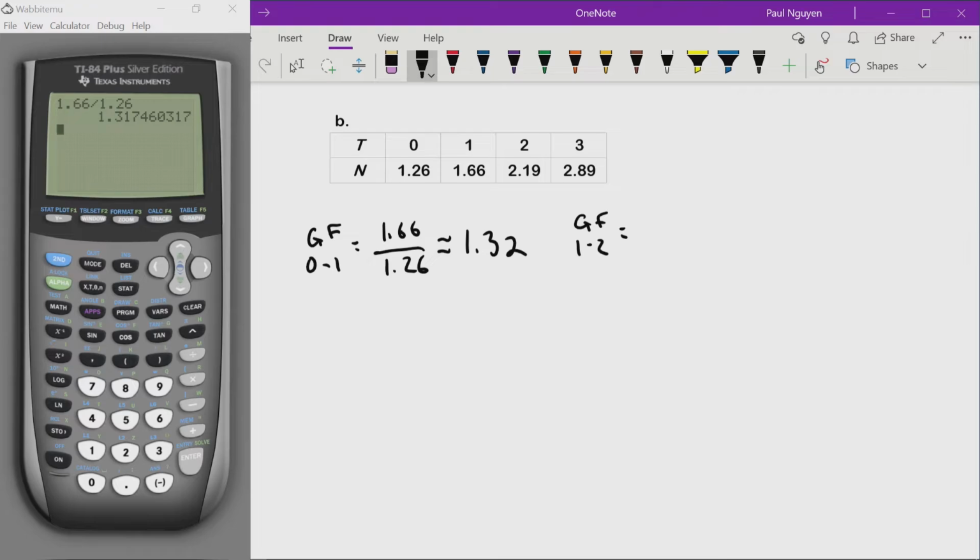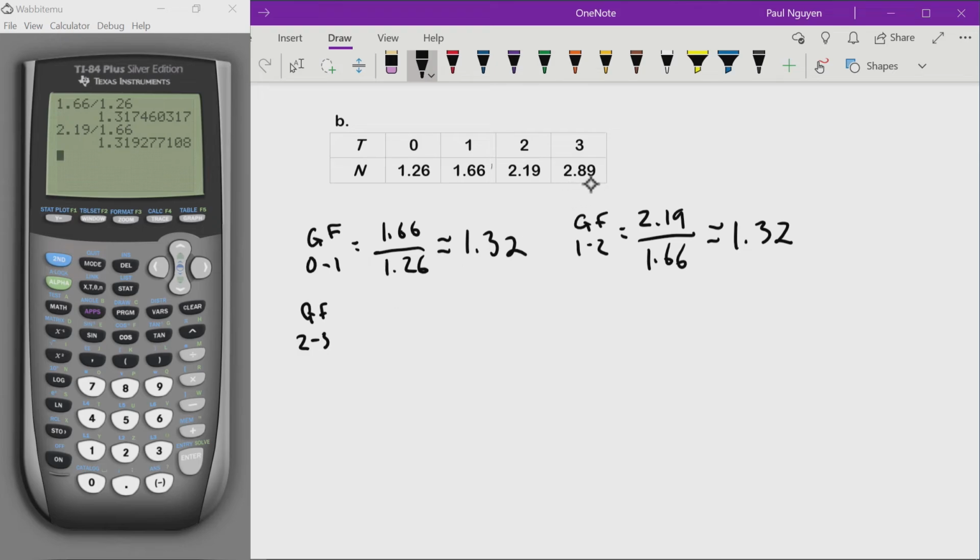That's going to be equal to 2.19, this number here, divided by the previous function value, which is 1.66. 2.19 divided by 1.66. That's rounded to 2 decimal places. Again, 1.32. The growth factor from 2 to 3